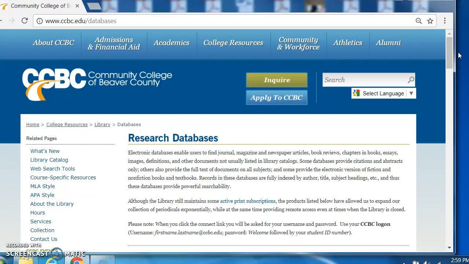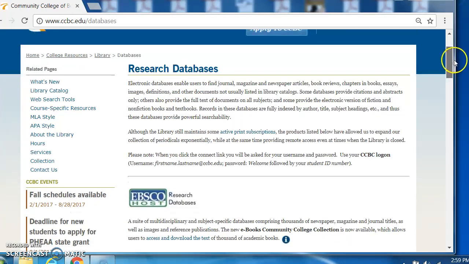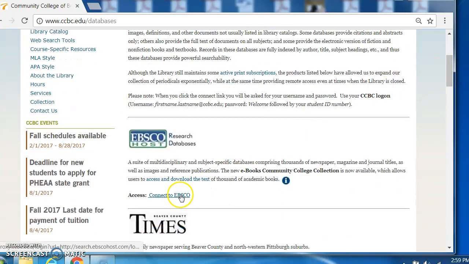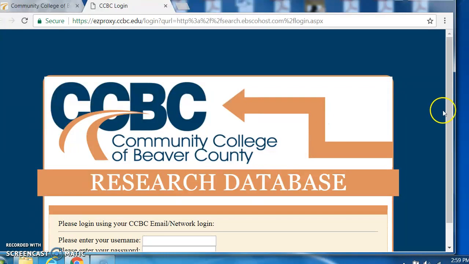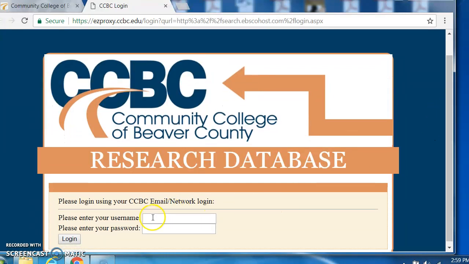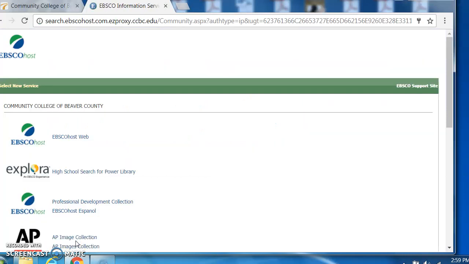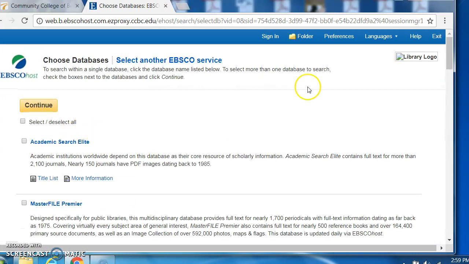home computer through databases. Now, the only thing you need to access a database, and we're going to go into EBSCO here so I can show you and kind of shop a topic, is your username and password. If you're on campus, you only need to put in your first name dot last name, but if you are home, you want to put in the whole website. So get that username and password in there. Of course, in the early days, you're using the capital W welcome and your student ID until you change it, and that gives you this almost magical access to all of these EBSCO